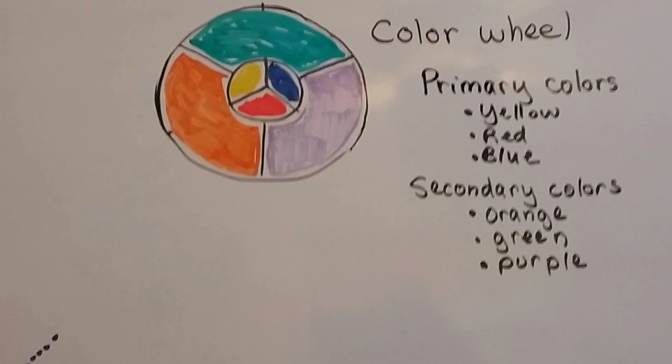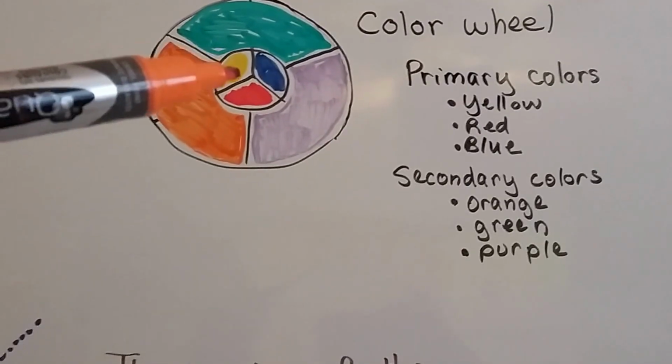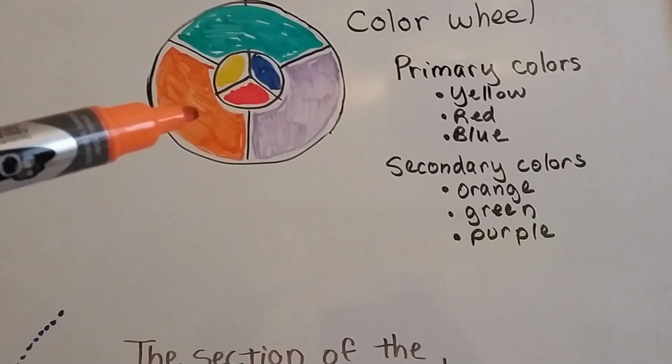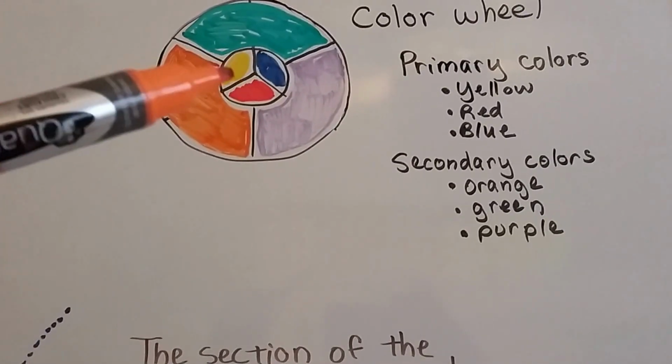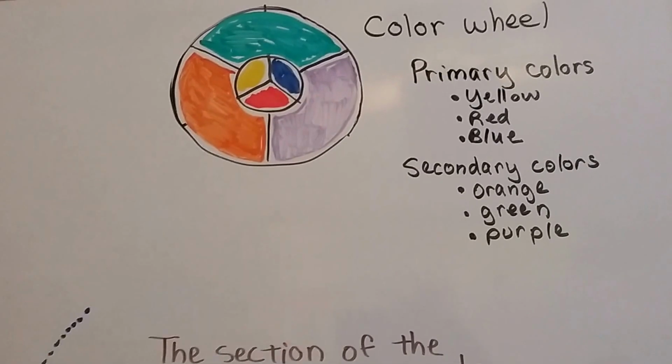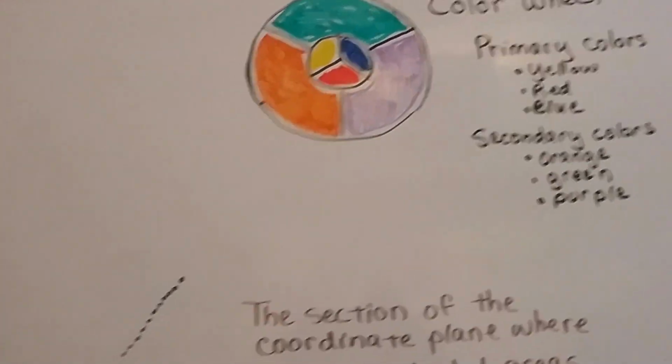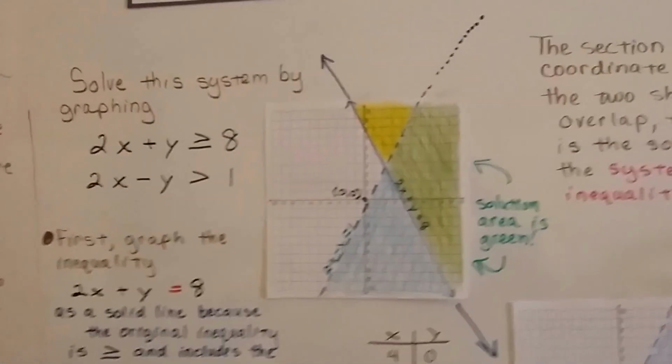So what I'm going to do to help you out is I'm going to use color, and I want you to remember the color wheel. The primary colors are yellow, red, and blue. When you mix yellow and red together, you get orange. When you mix blue and yellow together, you get green, and blue and red together, you get purple. So we're going to be doing the blue and yellow to get green, okay,